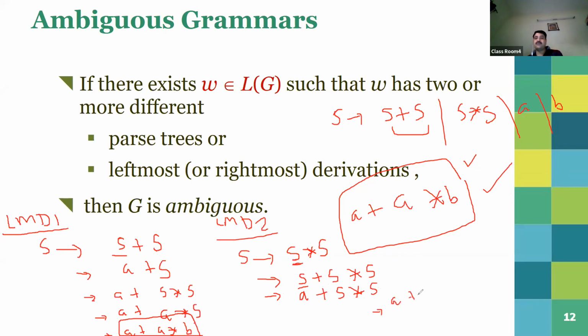Now you can see there are two variables. Now you have to expand only the left one because it is leftmost derivative. So again, expand this one. In place of s, we can write a because it is given to you. And it is our requirement as per the given string. That's why I am replacing this s by a. आप ये भी कह सकते हैं b से क्यों नहीं किया? b से इसलिए extend नहीं किया because in this situation we have to require a only, not b, right?